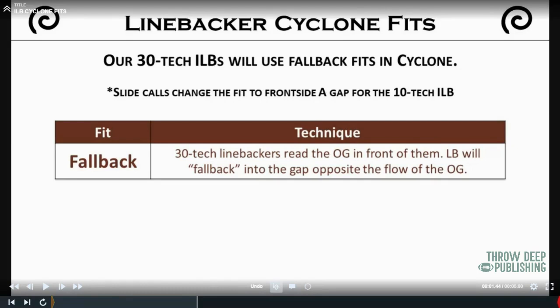So I'm in a 30 tech. That guard comes towards me. I am now falling into that A gap behind it. If I'm in a 30 tech and that guard goes away from me and down towards the nose,